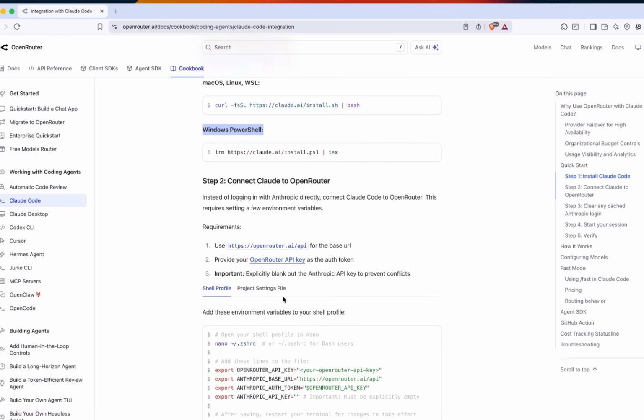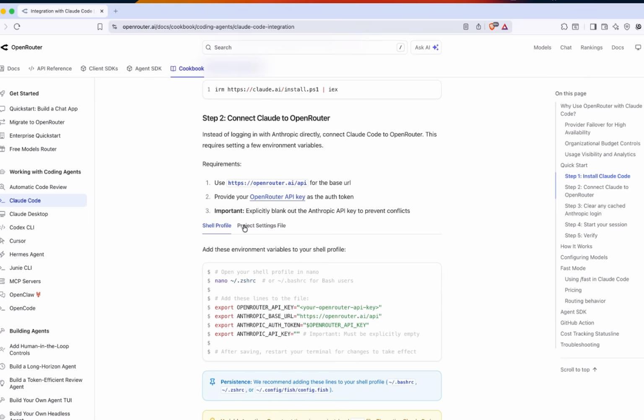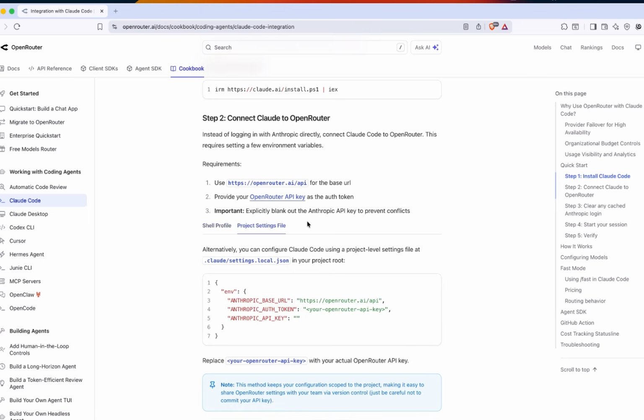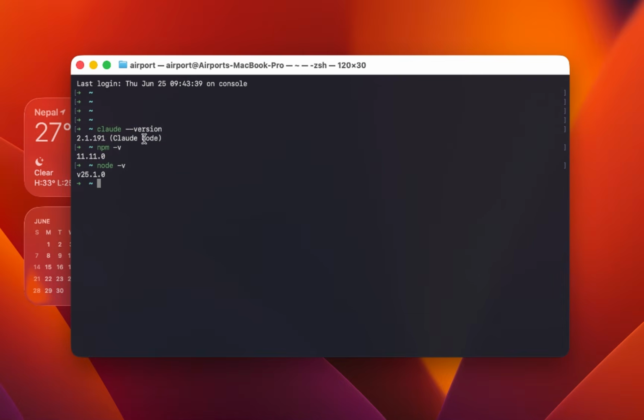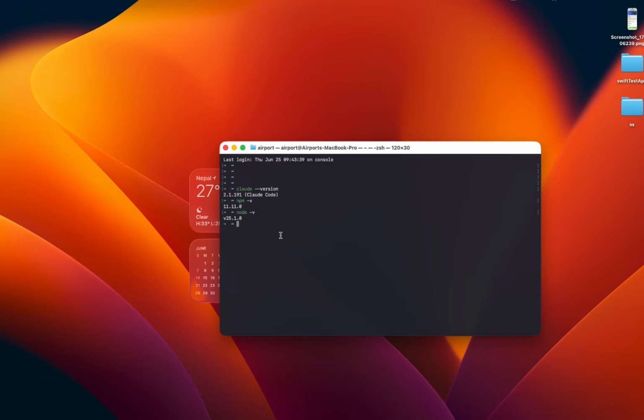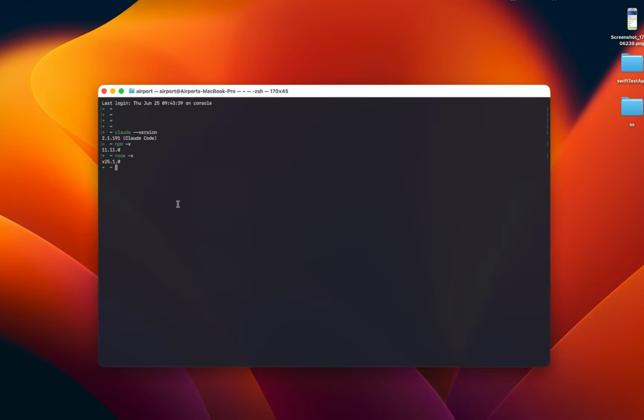Then next, what you need to do, it mentions, is go to your project settings file. After you have installed Claude Code, the .claude folder will be generated in your system. If you are using Windows, then mostly it will be created in the C drive directory. If you are using Mac or Linux, mostly it will be created in some other directory. Then after you have installed, I will show you the easiest way how you can open it inside your Visual